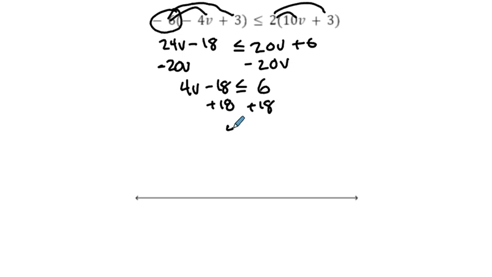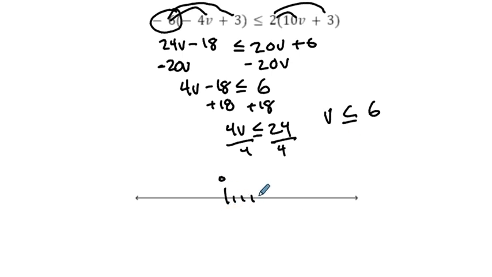Get that over there, and you get 4v is less than or equal to 24. We'll divide both sides by 4, and that is going to give me v is less than or equal to 6. All right, so we'll do our 0 thing over here. 3, 4, 5. Move this thing up to 10 like that, right? My 6